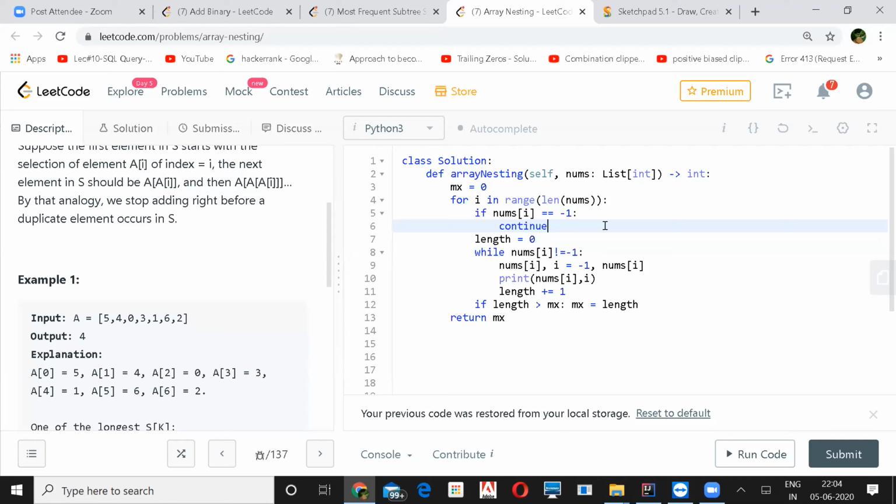The only trade-off here, which we need to discuss with the interviewer before going down this path, is whether we can modify the input or not. If you don't want to modify the input, then you'll have to at least use a vector. No, even the same approach can work.